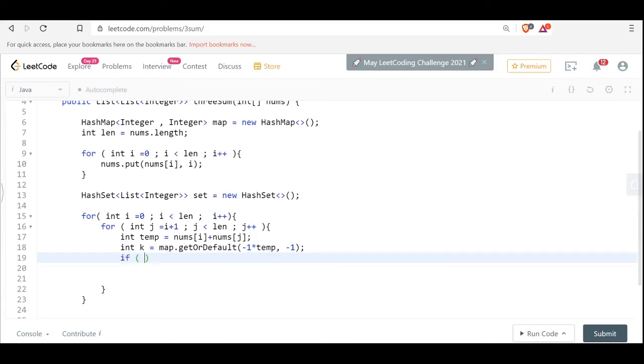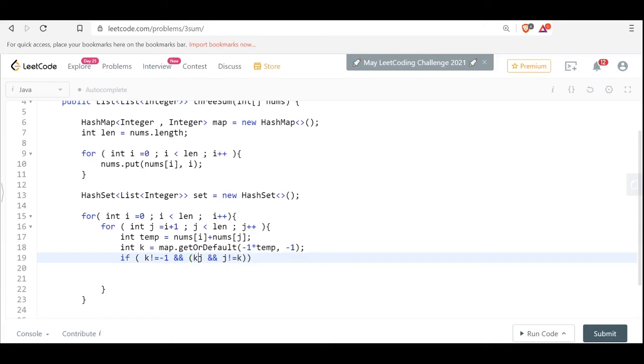If k is not equals to minus 1, because we would be needing i not equals to j, which is not happening for sure. I'm making sure that i is not equals to j.